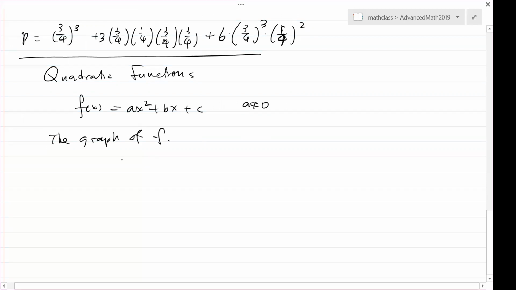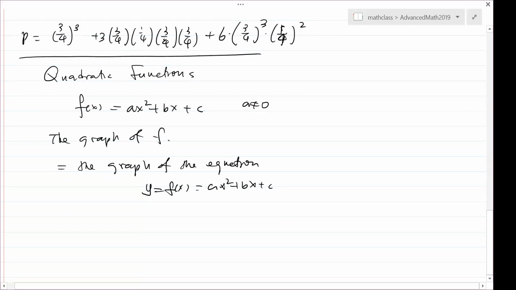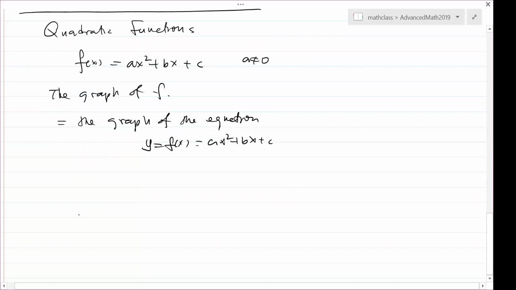The graph of f is the graph of the equation. Now there is a difference between an equation and a function. An equation means you have two variables, okay? And those two variables are related. So what does it mean, a graph? A graph means